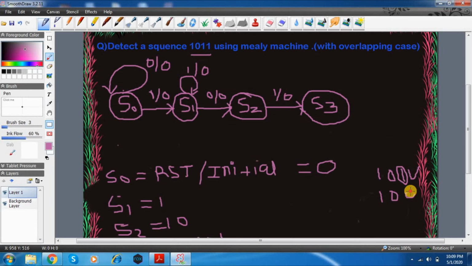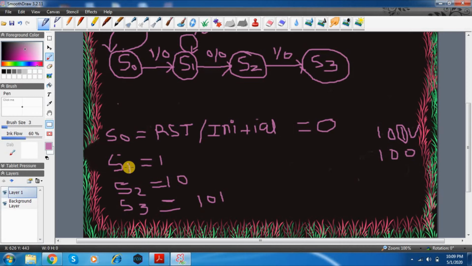Let's apply that formula which we have applied earlier. Is there any state holding 1 0 0? No one is holding 1 0 0. So let's cut from the back. Who is holding 0 0? No state is holding 0 0. Cut it from the back next. Now only 0 is remaining. So who is holding 0? The reset state, the initial state S0, is holding 0.